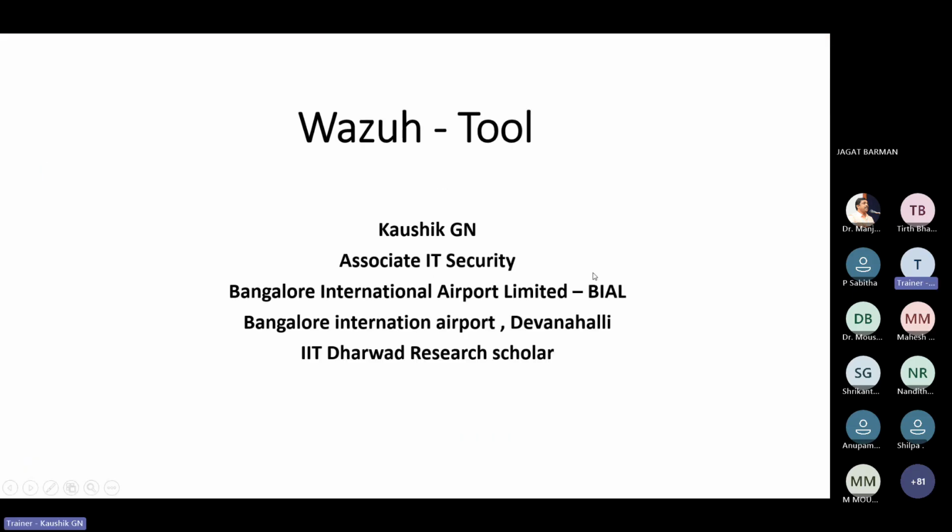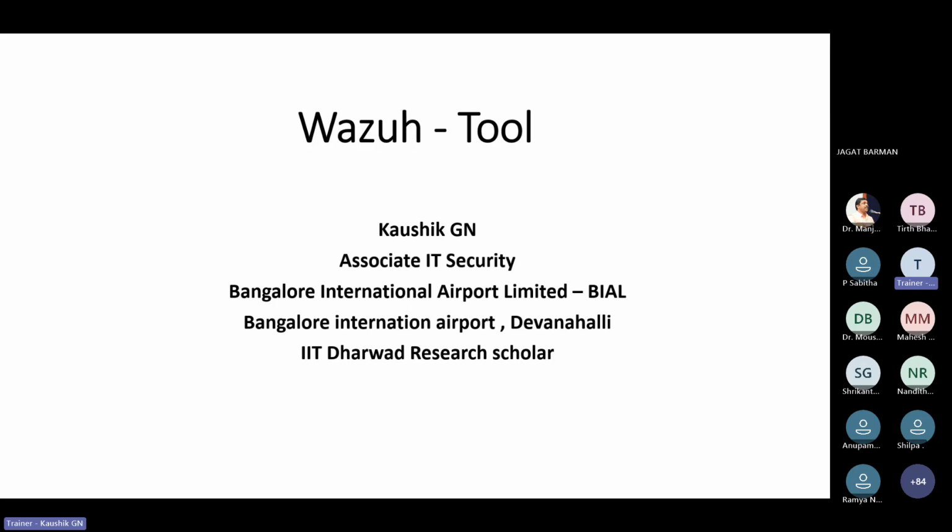So the first session we will revolve around the Wazuh tool as well as the Splunk tool. Basically, the installation of Splunk is very difficult in a 1.5 hour session. So we will move to the open source tool, that is Wazuh. Before that, I will give a brief introduction regarding this tool, how it works, and what kind of technology it uses.